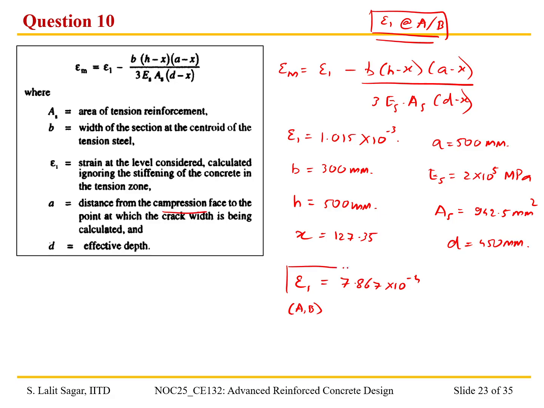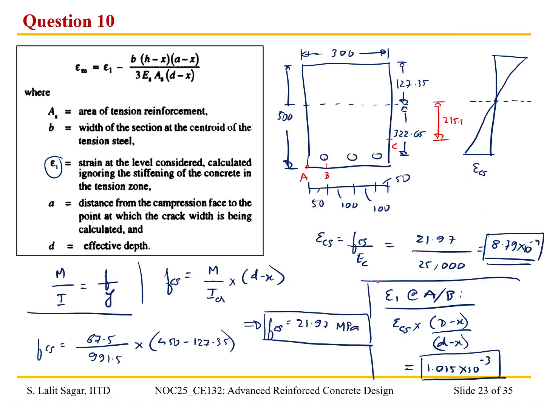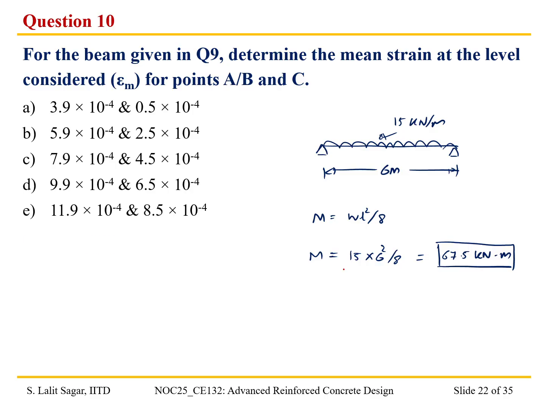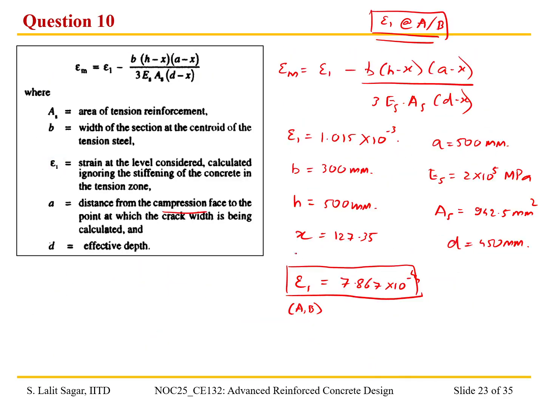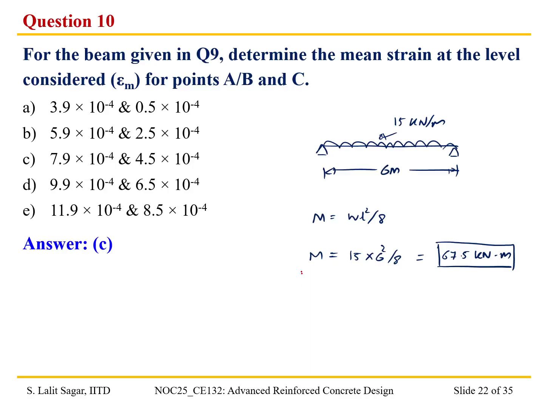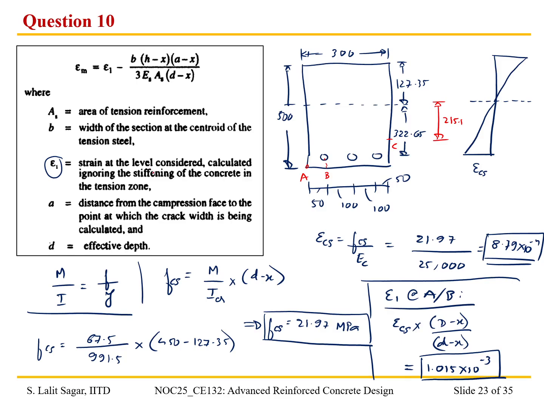Okay, this is the value of, sorry, this is the value of epsilon 1 for points A and B. Okay, so now, sorry, this is the value of epsilon m. Okay, so we got this value. Now let us find out the value of epsilon m for the point C. In order to find the value of epsilon 1 for point C, basically it is nothing but,